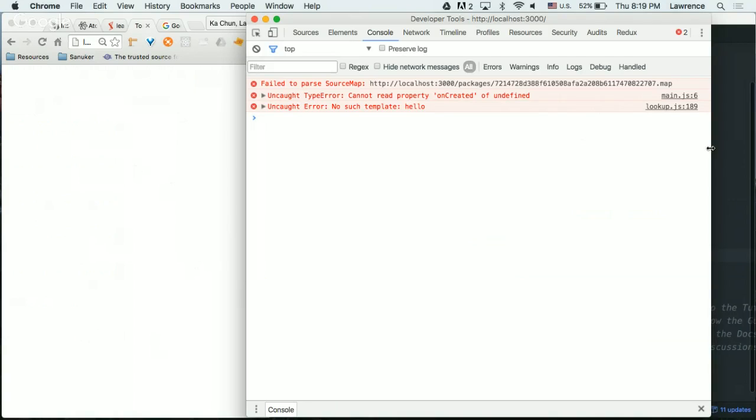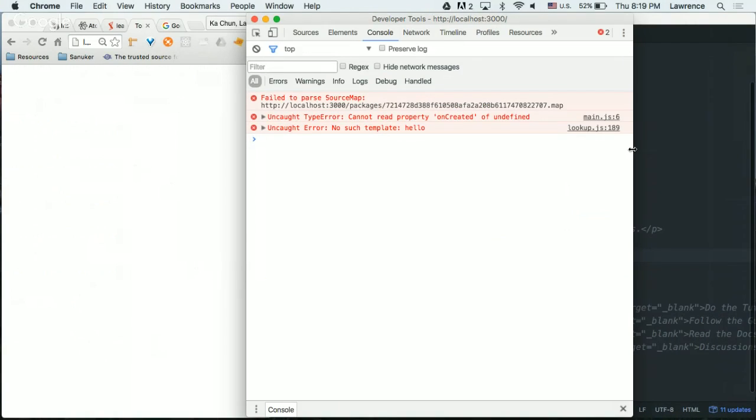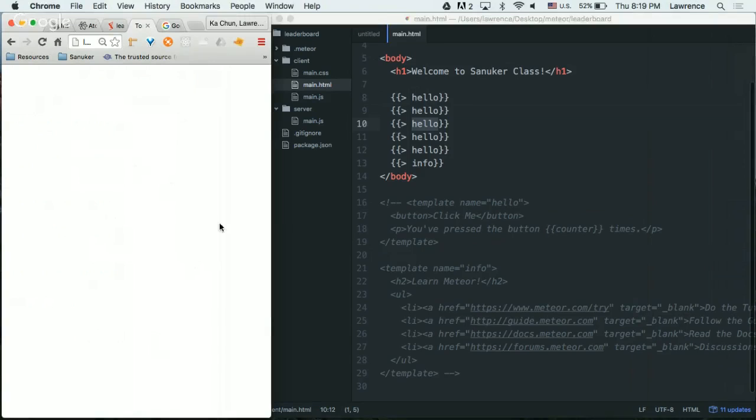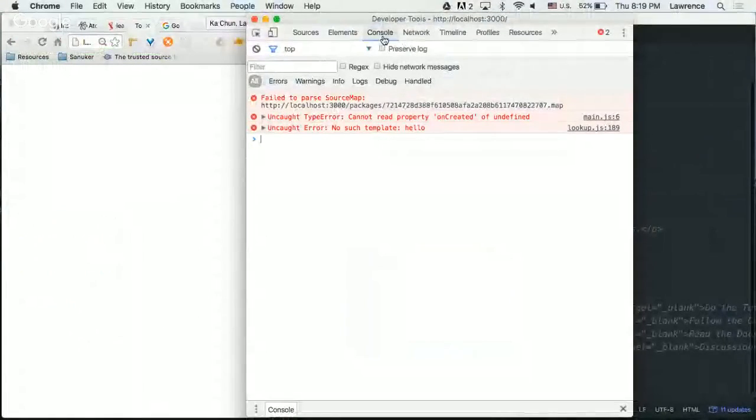Okay. I'm just going to demonstrate that if your application has some problems, your Google Chrome is actually smart enough to tell you what goes wrong. So here it's saying no such template called hello. What happened here? Because you're trying to reference a hello, but you have just hidden it. So that makes sense. So sometimes during your programming, if something doesn't work, try to at least go back to your console. We call this console to check whether there are any problems. This whole process, we call it debug. Like try to find what bugs you have there and try to correct them.